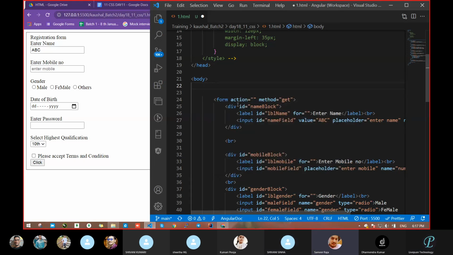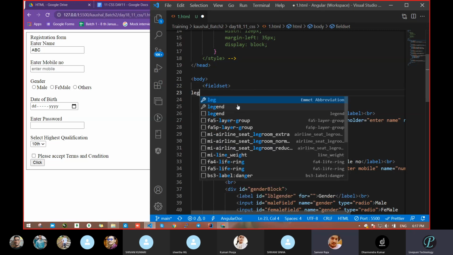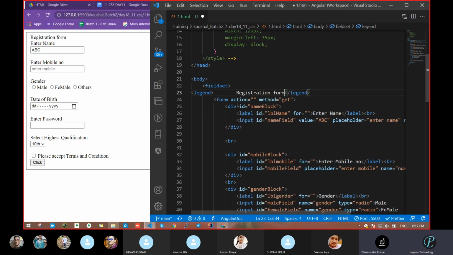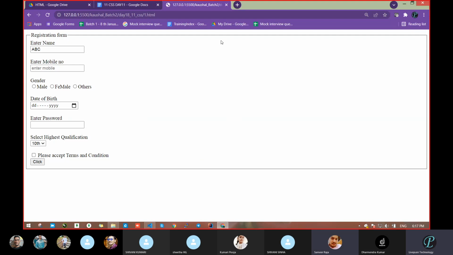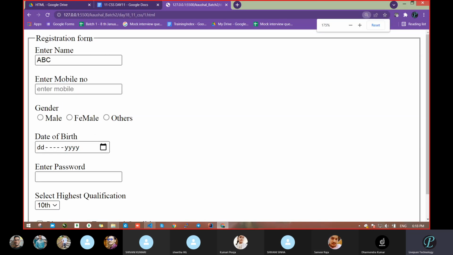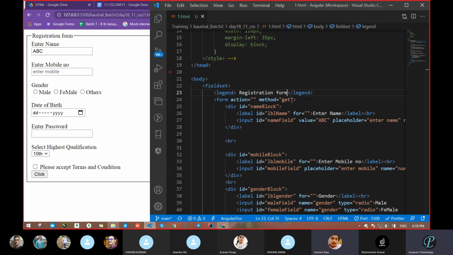Inside the fieldset you have to pass legend. Okay, sir, caption? Caption will be in table only. Don't take it always. Inside fieldset, we have to pass a legend. Yes, legend. And here we can pass that this is a registration form. So just pass this one. We got it here. Now you can imagine the line is breaking and it looks like whatever text we had passed. If you want to design that, you can go with that.